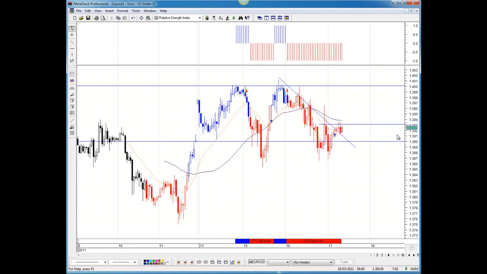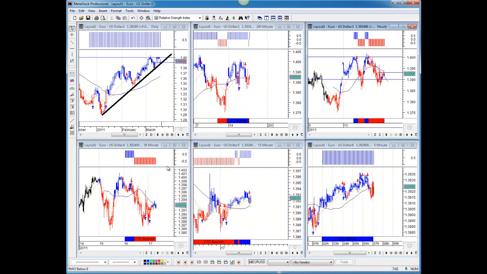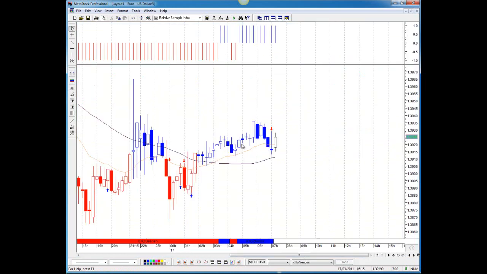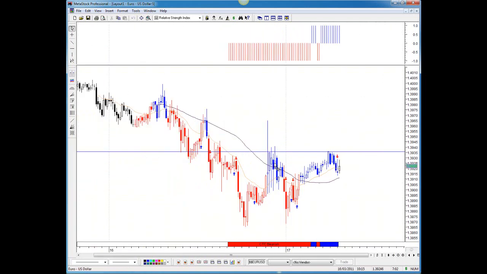So a break above at least, in this case, 1393.00, would see possibly further extensions to the upside. Let's go to our smaller time frames. Look at the 15 minute, you can see that 1393, there's a bit of consolidation, 1393.5. A break higher than that would break higher than this trend line that we saw on a bigger time frame,